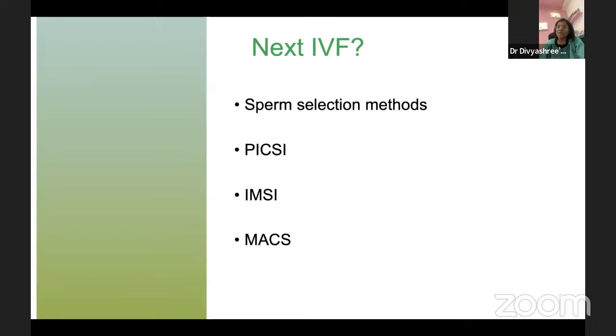Can I say something? Yes. See, as we are discussing investigations after investigations, one thing we have to realize is the probability of pregnancy with every embryo transfer, which is 50%. Though I'm telling this repeatedly, this is a very strong point which we have to make. Just because one IVF failed does not mean that she or the couple have to go through repeated investigations. Repetition is the key to success, whether it is natural conception, timed intercourse, IUI, or in fact, even IVF, which means we have to do repeated embryo transfers to look at a cumulative pregnancy rate. So as clinicians, we have to understand 1 or 2 IVF failures are still okay, provided all the parameters are in place. But if there is any problem in terms of how many embryos we got at the end point,